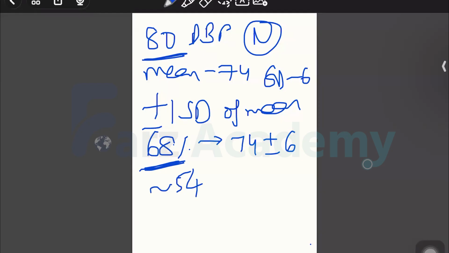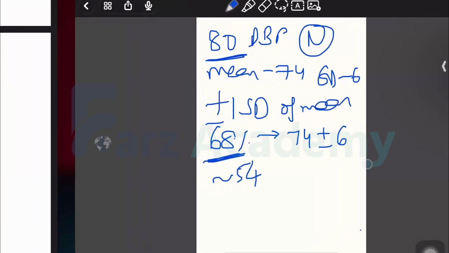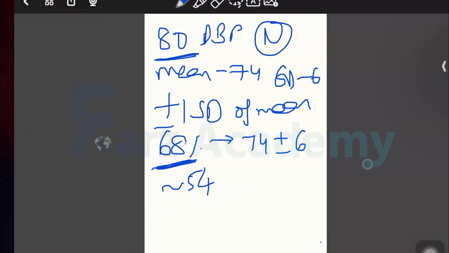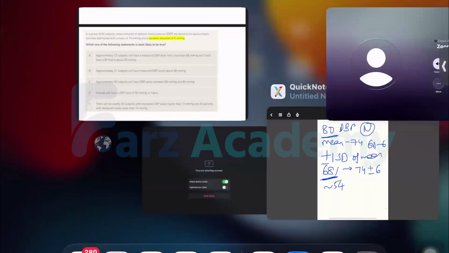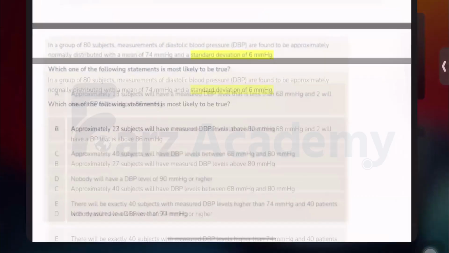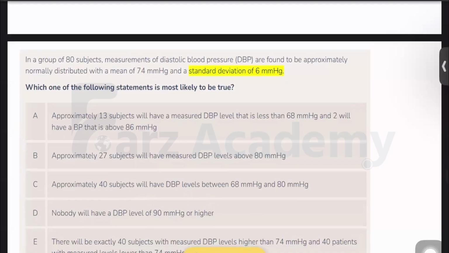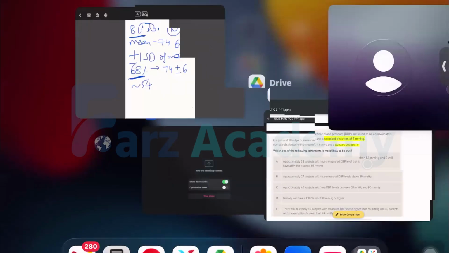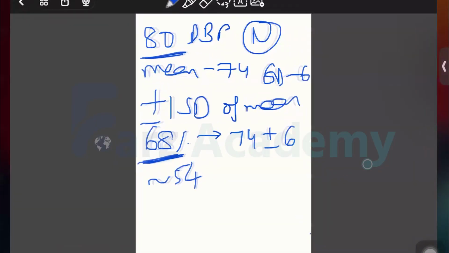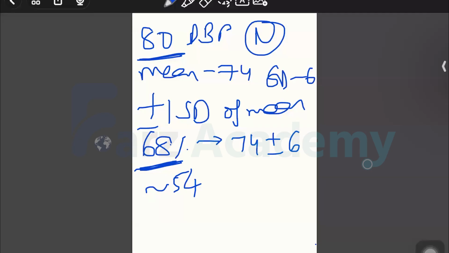See, how did the 68 figure come, ma'am? This is the 68% figure that you have to remember. If you remember the slide, it was in red for a reason. There were 4 figures I told you all to remember in that class: 68.3, 95, 99.7, and one more, mean equal to median equal to mode. You remember, right? So 68% is going to be covered in this range.